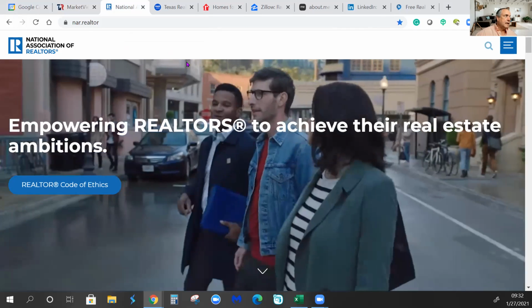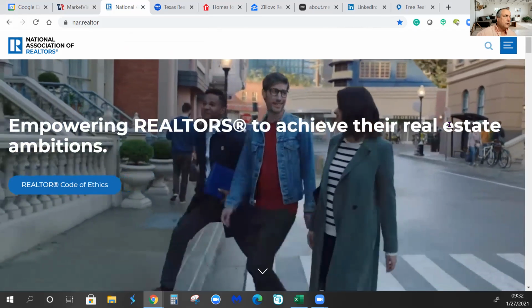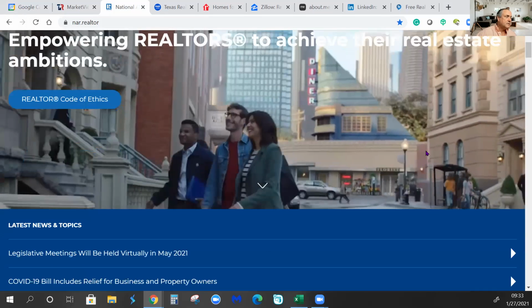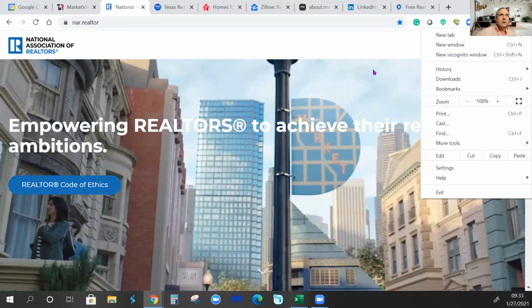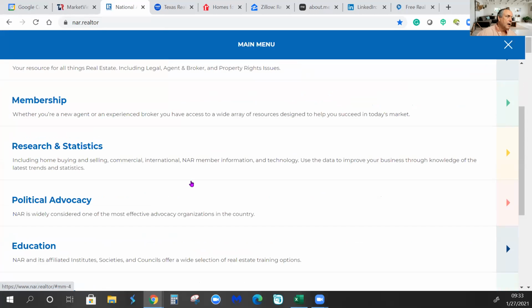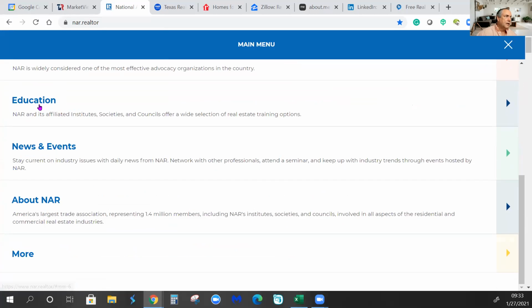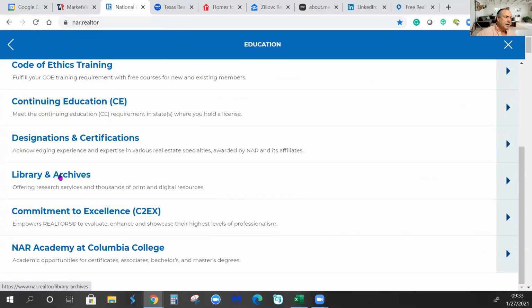So the next one is nar.realtor. And again, this is one I go to quite often. So some of you may have seen this, but if I go to this website, I can decide what I want to look at, but education is one of them that I share quite often. Some of you may have seen that. If I go to library and archives,